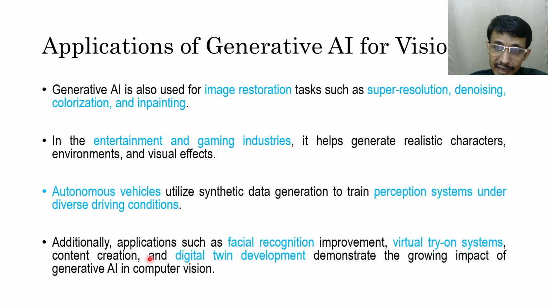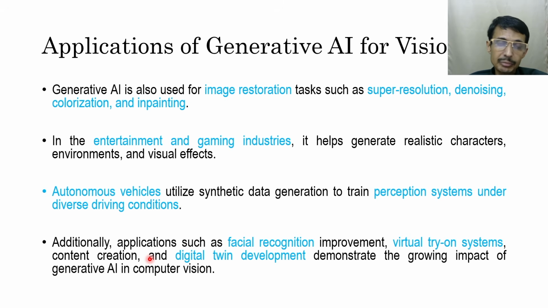So if we generate this practical data synthetically by means of generative AI, then it will be very useful. Additionally, applications such as facial recognition improvement, virtual try-on systems, content creation, digital twin development demonstrate the growing impact